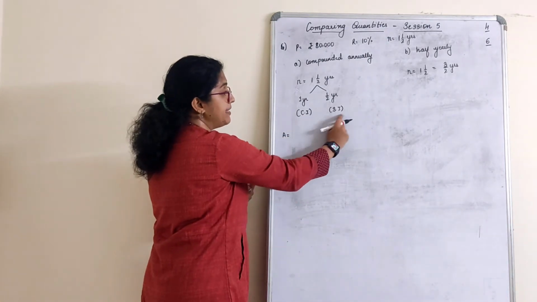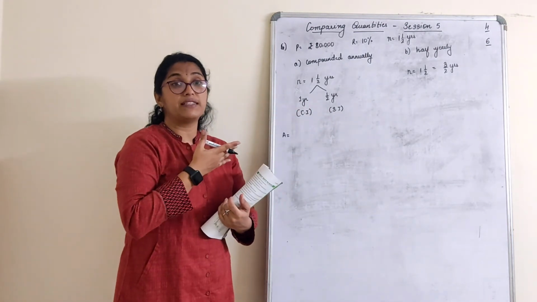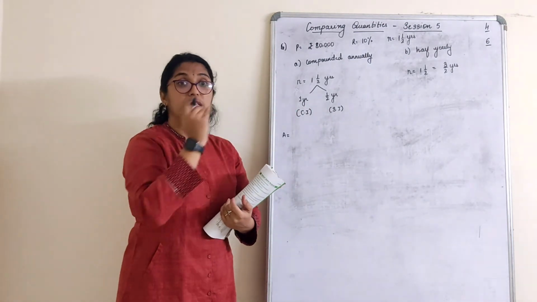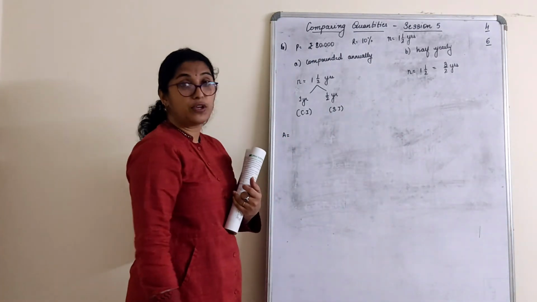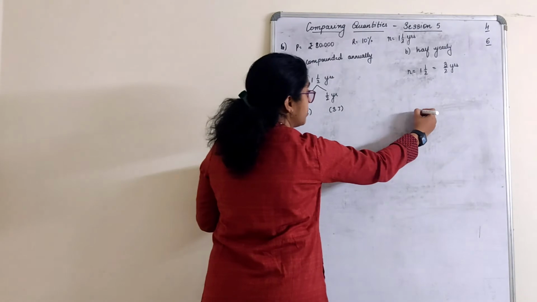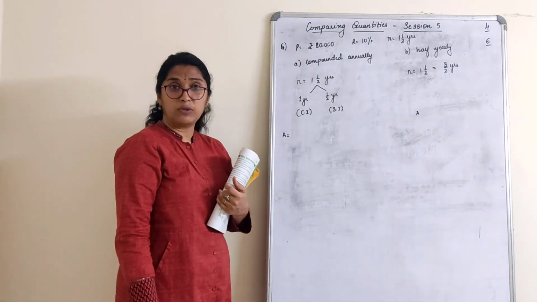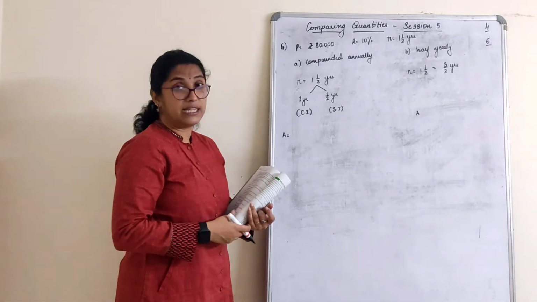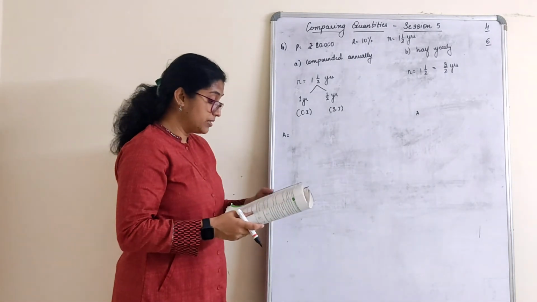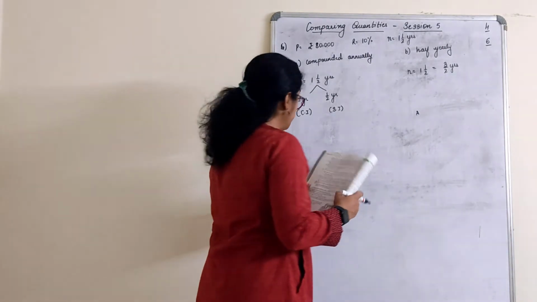Very clearly I have mentioned here how to do and how to go about this, you know. In the previous session, the first main sums were of this type. Half yearly, for the same thing you have to calculate the amount. Even here I want the amount only. So directly 3 by 2 years, because it is the half yearly formula. I hope it is very clear. So I have marked the 6th one also for homework. Now the 7th one.